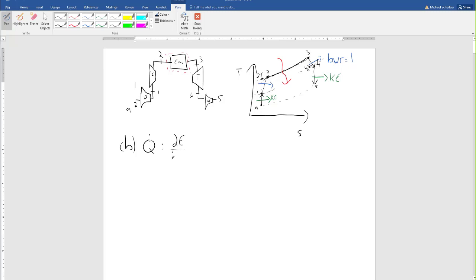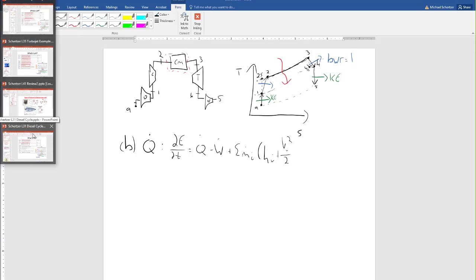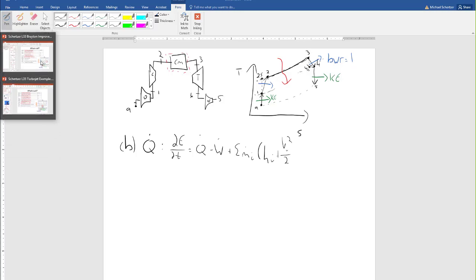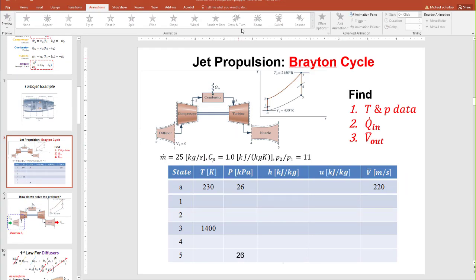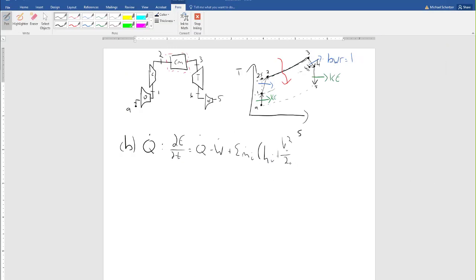We've got dE/dt equals Q dot minus W dot plus the sum of m dot in, h in plus V in squared over 2 plus g z in, minus the sum of m dot out, h out plus V out squared over 2 plus g z out. This was a metric problem, I believe. If we go back to our turbojet example, it's in metric, so that's good, right? I don't have to do the gc conversion over here. My assumptions here are going to be,